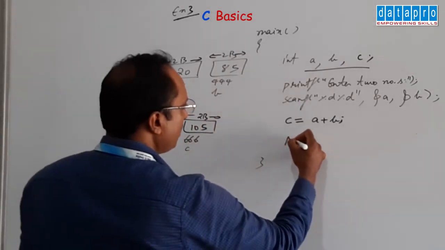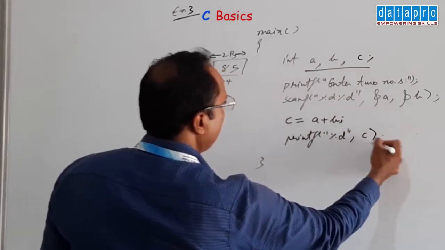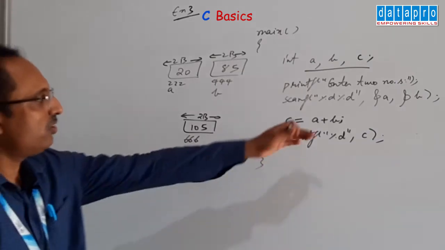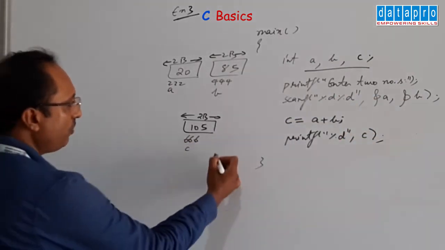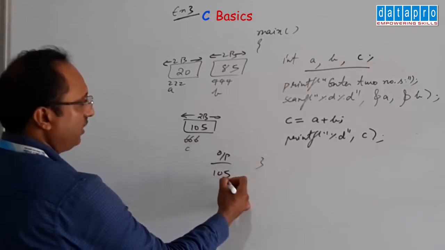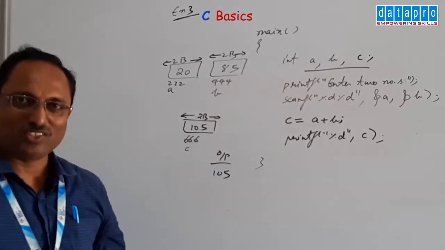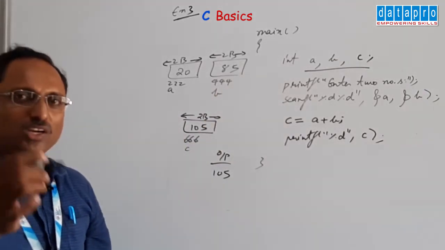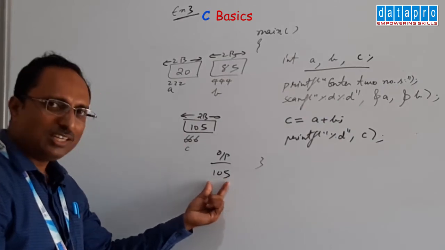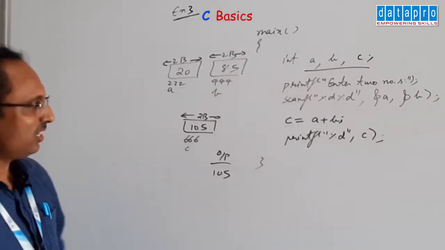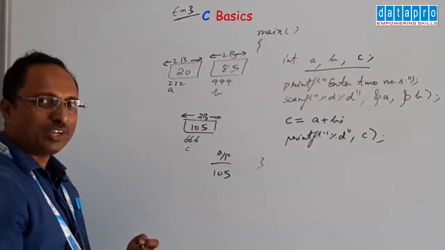Just print it. If you say %d, C, only one result we want to print. Again, we don't want to print the input values, that you already know. Then output would be 105. So this is input, this is processing and this is output. Now one more point I want to cover. The output is 105. What is this value? It is actually a sum. So if you want to say sum is equal to this 105, won't it be better?